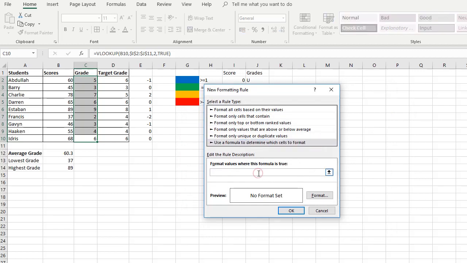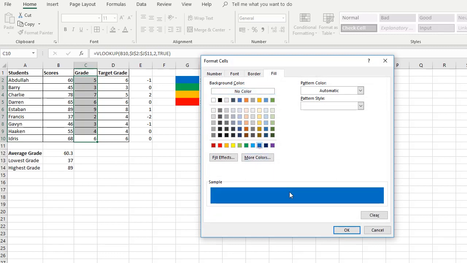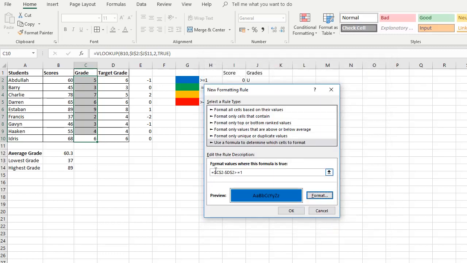This bit can be a little tricky, but we want to say that this cell minus this cell, if it equals more than or equal to 1, so in other words, if it's a plus 1 or more, in this case this cell here where it's higher, we want it to be blue. And before I forget, we want to contain that calculation within brackets,